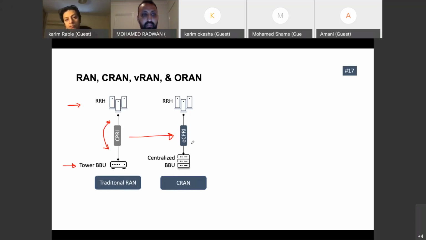The CU, the control plane and user plane, so it manages the control plane and user plane and transmission. It has the synchronization, the point-to-point synchronization, and it has the management stack. So there are three functions: the control plane and user plane, the synchronization, and the management interface.